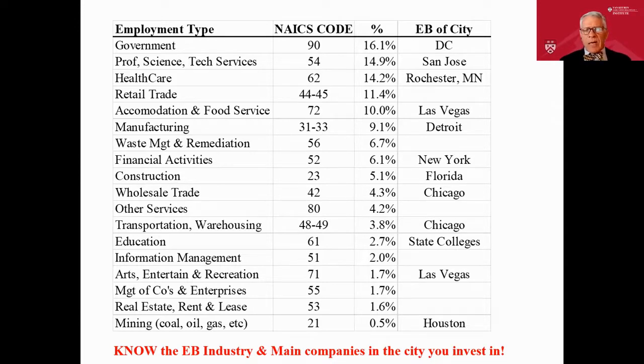Information management. I'll throw out one here. Richmond, Virginia. I didn't put it down. CoStar, the company that collects commercial real estate data around the country and now going international. They moved their headquarters from DC down to Richmond, Virginia, and hired 750 people. Okay. Arts, entertainment, and recreation. Obviously, the entertainment would be Vegas. Recreation would be a lot of towns in Colorado, Aspen, Breckenridge, that kind of thing.